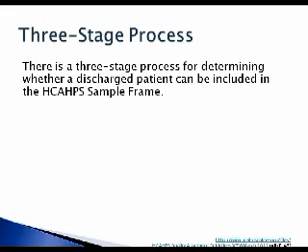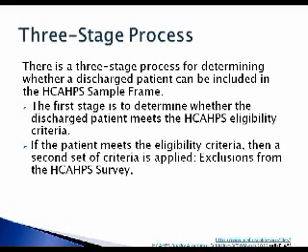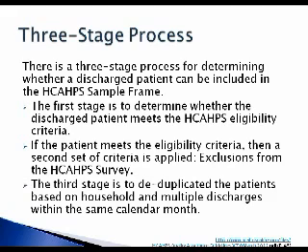Now, moving forward, the sampling is a 3-stage process for determining whether a discharged patient can be included in the HCAHPS sample frame. The first step is that you have to determine if a patient is eligible. The second step is the exclusion process, because a patient may be eligible, however, there are certain things that may exclude them from the HCAHPS survey. And the third is deduplication. Those are for patients that may have had multiple visits, or people that live in the same household within